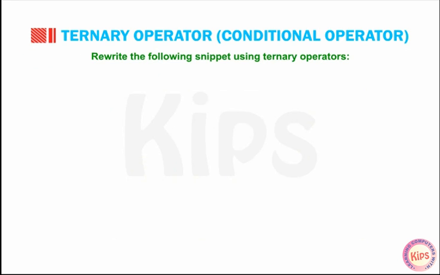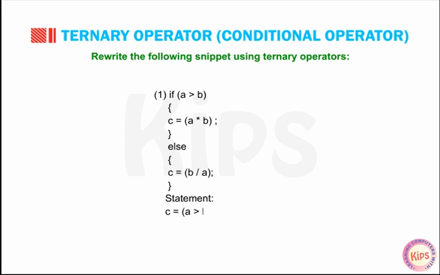Rewrite the following snippet using ternary operators. Number 1. if (a > b) { c = (a * b); } else { c = (b / a); } Statement: c = (a > b) ? (a * b) : (b / a);